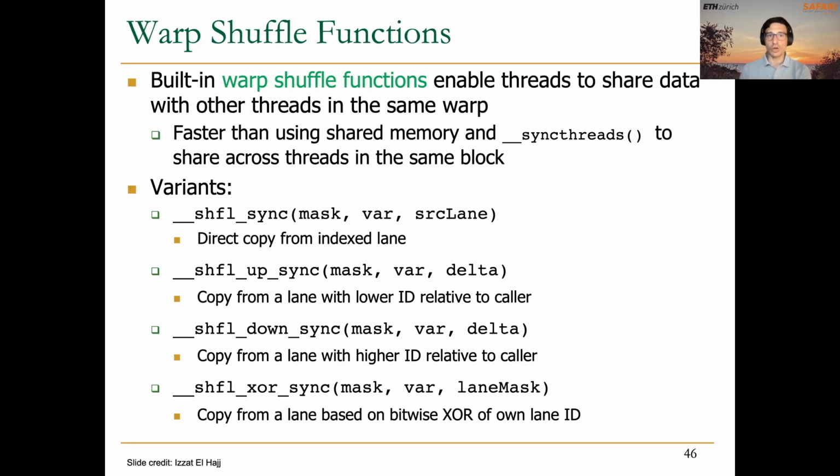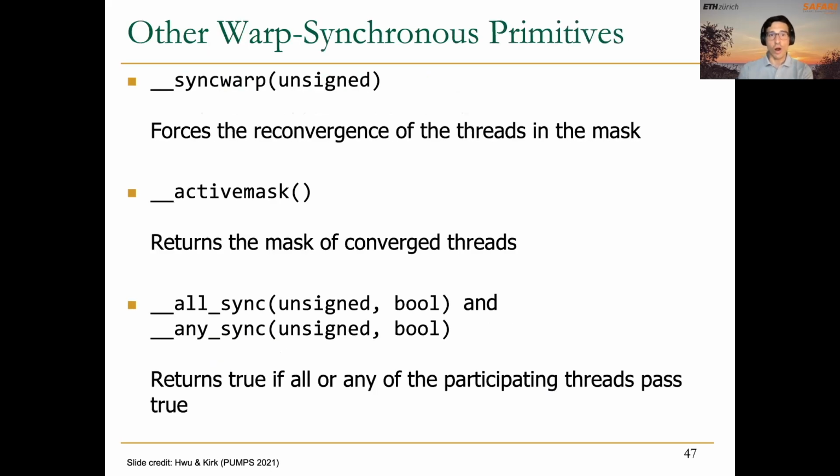You're already familiar with warp shuffle instructions because I mentioned them at the beginning of the lecture. These warp shuffle functions allow threads of one warp to access data that belongs to threads in the same warp, and this is pretty useful for communication across threads. But there are other useful warp synchronous primitives. For example, this sync warp that forces the reconvergence of threads in the mask. This active mask that returns a mask of converged threads. Essentially, this active mask is going to give us a 32-bit